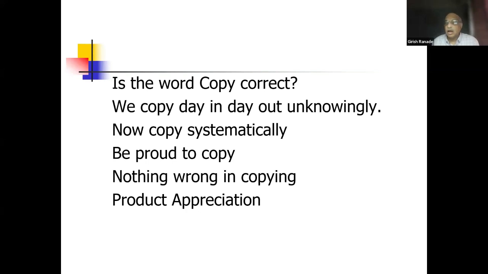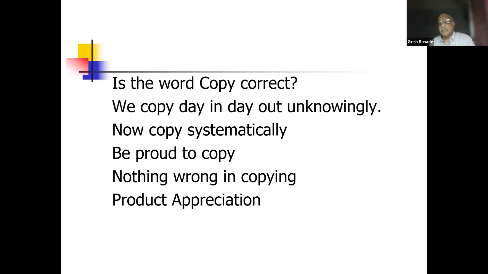For example, a very simple thing is material. Suppose there is a particular material which is used in a product, then in reverse engineering we have to use the similar or same material with the same properties. Generally, what happens is that a look-alike is made with different material. So it doesn't work, because the original product is using that material because of its functionality. So copying systematically is what reverse engineering is, I would say. And we have to be proud to copy, nothing wrong in copying.